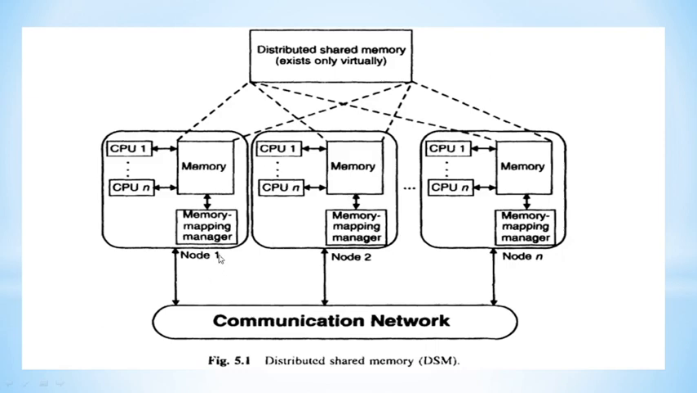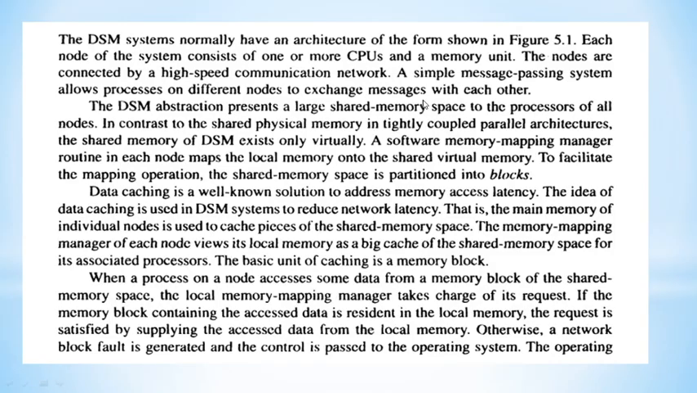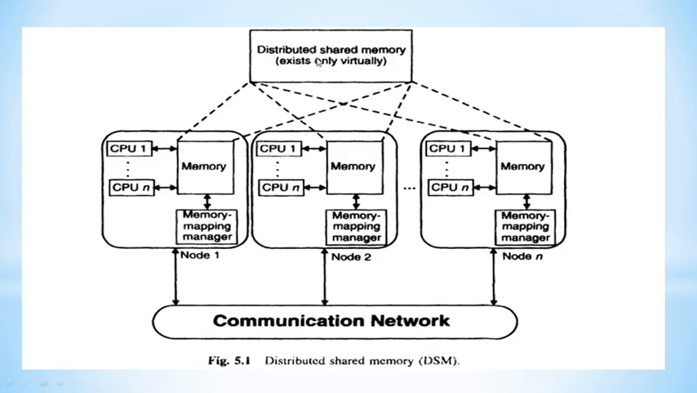Every node can access the large distributed shared memory space. See here, these dotted lines: the memory in the processors can access this shared memory. Each can access the large space of distributed shared memory. And to facilitate this mapping operation, this shared memory space will be divided into separate